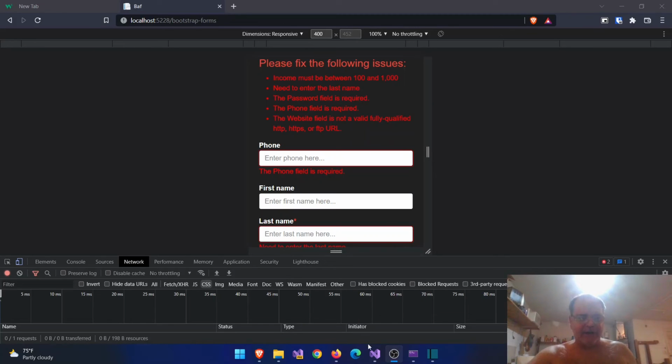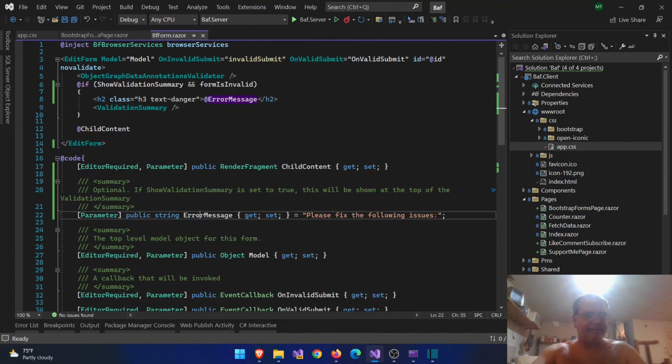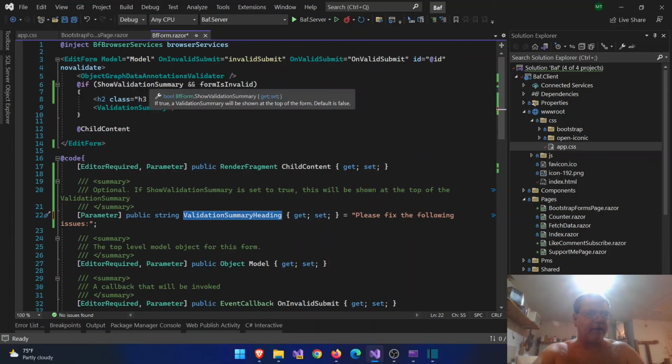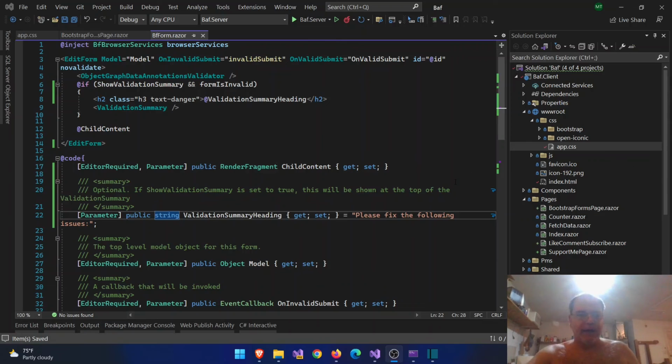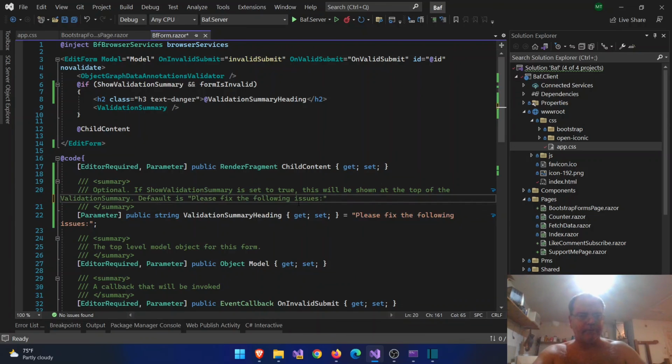Also, as I'm sitting here editing, I realize that I like to have good naming conventions. Validation summary heading. Because I'll come back to this code in a week and be like, error message, where does that go, you know? And it should give the end user the indication of what the default is. Default is